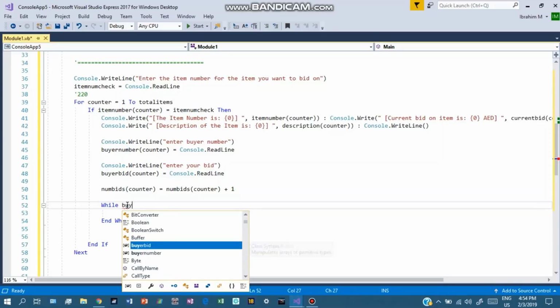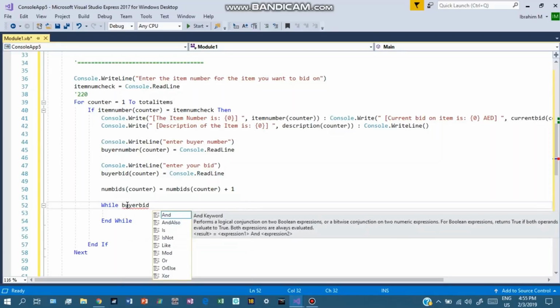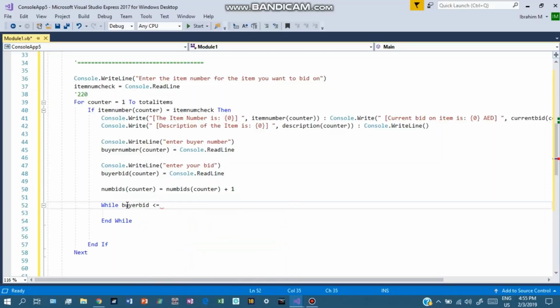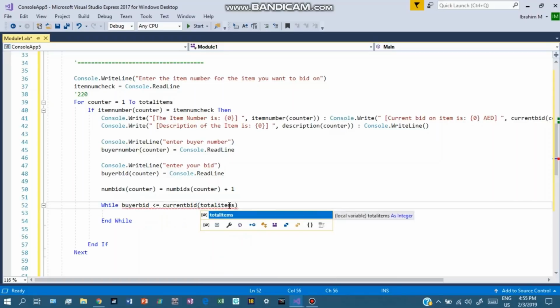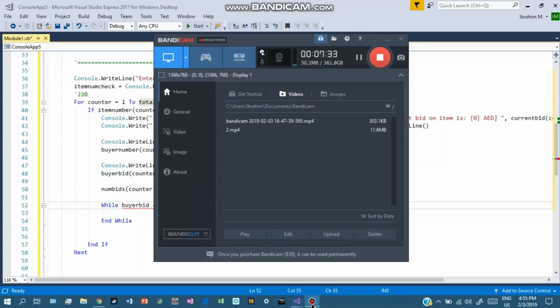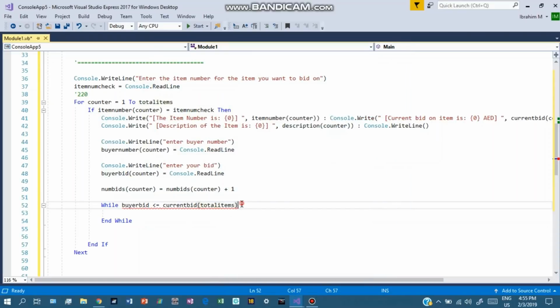So while buyer bid is less than or equal to current bid, and then obviously over here you can write total items. Then copy, and you can paste that over there. So while the buyer bid is less than the current bid, which is an error, you will write